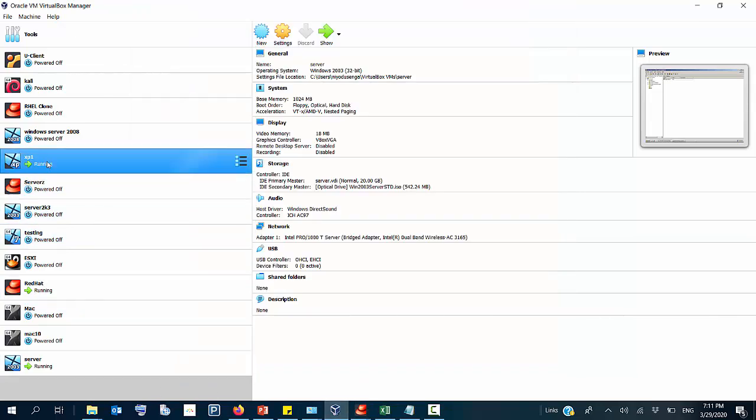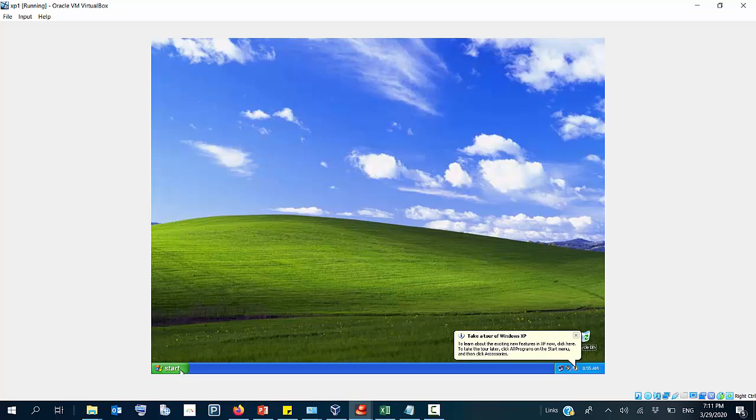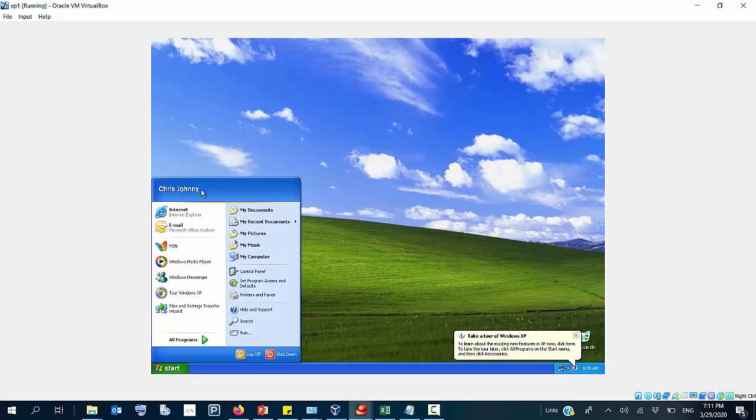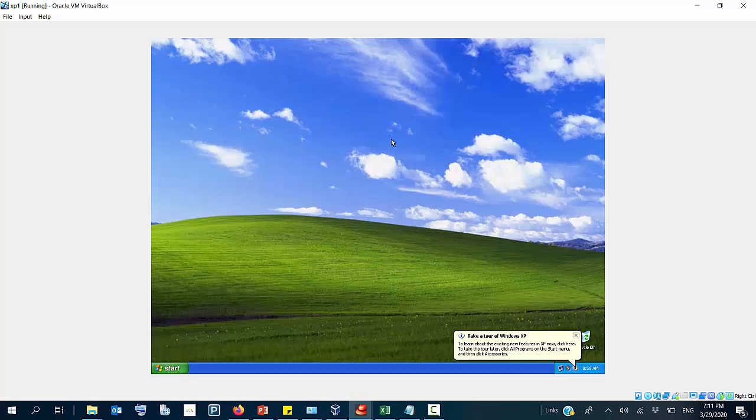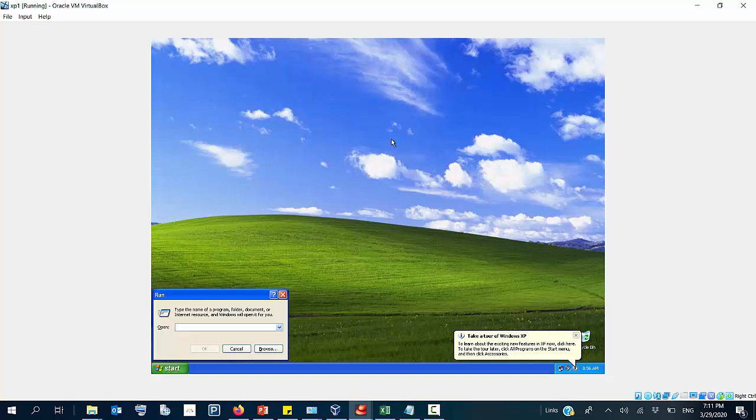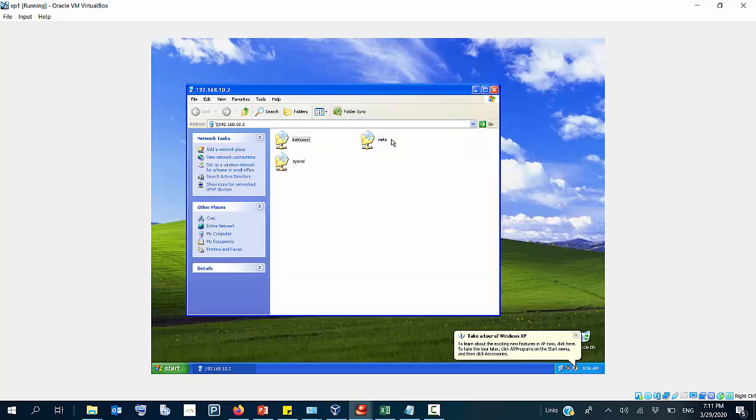Maybe Chris has logged in. Who is logged in? It's Mr. Chris. So what can I do so that Chris accesses my file? I go on my Run, then I type the IP address of the server. It's .2. If I do like this, immediately I have my nets plus some other default shared files, directories actually,